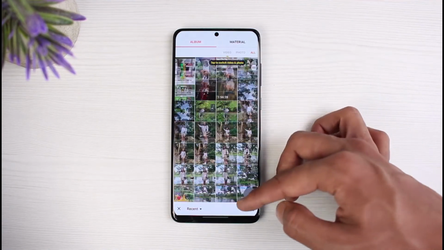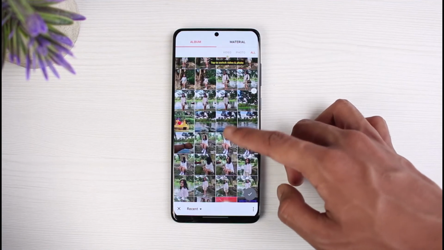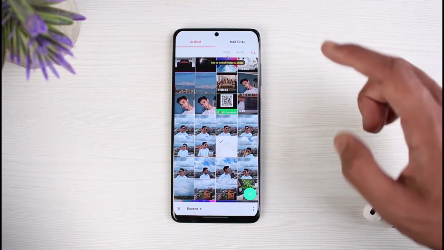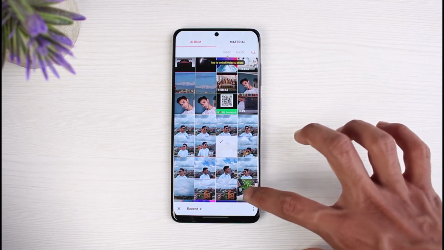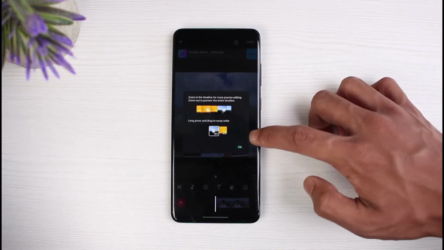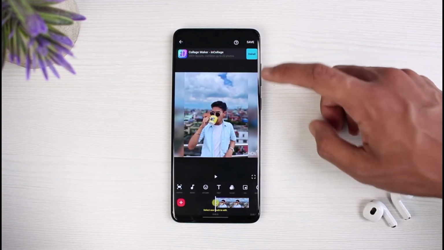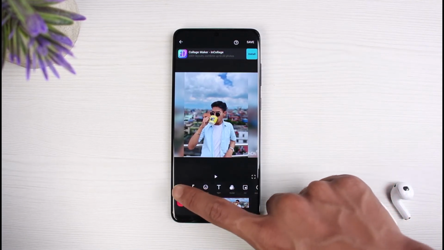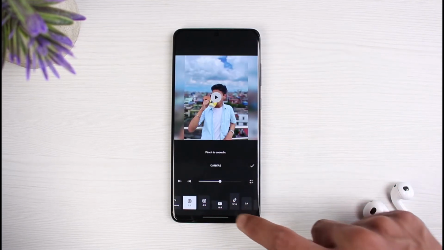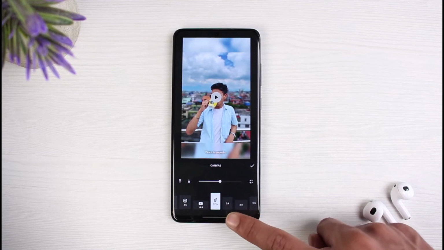And when you select a video, you have to be careful when trying to downsize the resolution. For example, I do not have a video, but I will show you. If I go ahead and select any of this, at the very top of the screen you'll be able to see the resolution such as this canvas as well. Tap on the canvas and you want to make sure that it is set to this TikTok, which is 9:16